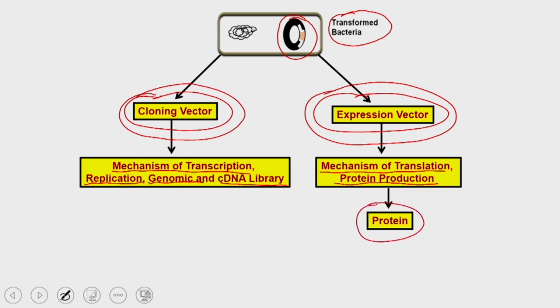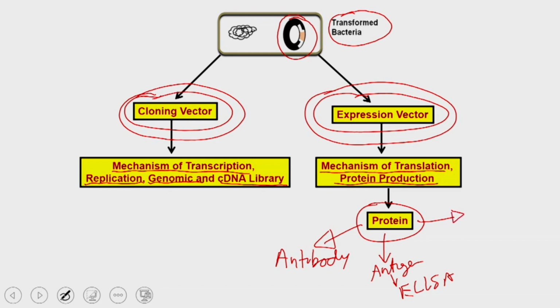Once you produce the protein, you can use it for generating antibodies, or as an antigen to prepare an ELISA kit, or you can use the transformed host overexpressing this protein for regulating metabolic processes,